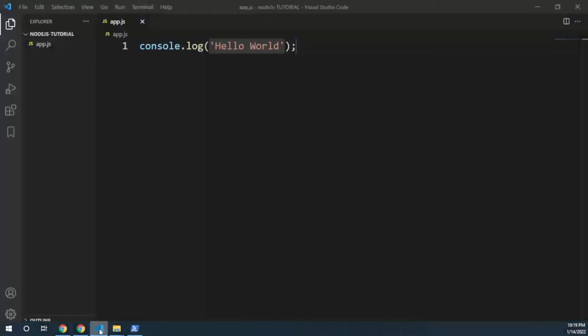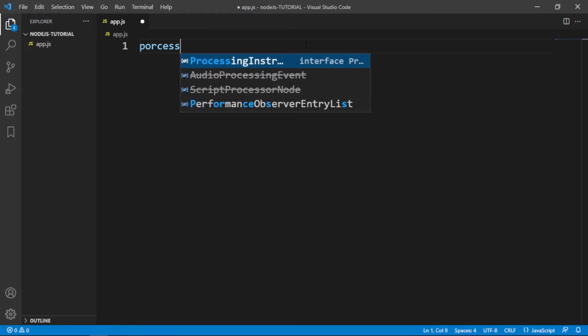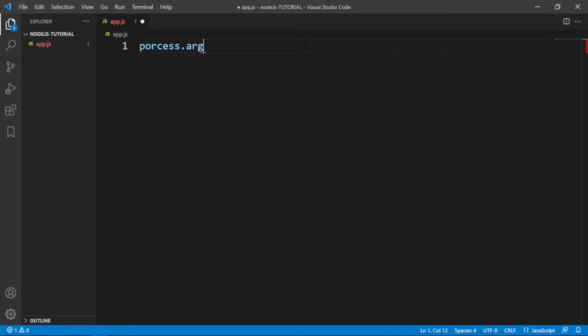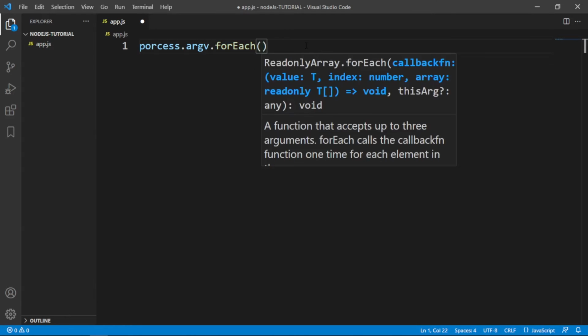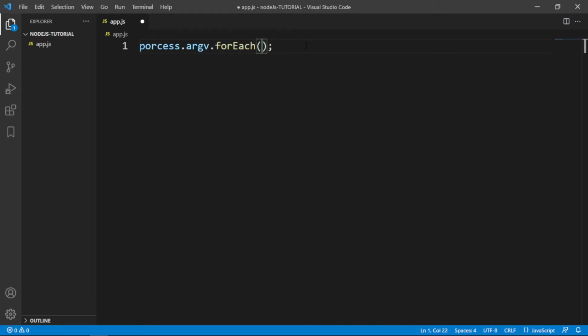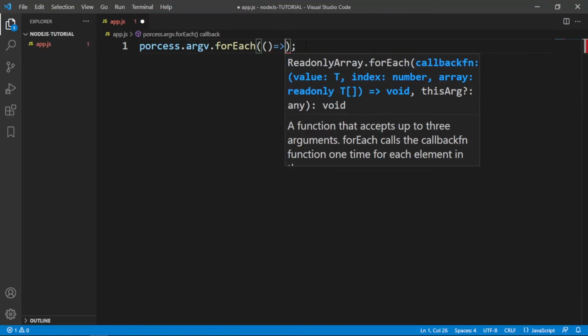Let's go to our editor and I'm gonna type in here some code: process.argv, and this argv property exposes the array that contains all the command line invocation arguments. And then I'm gonna call in here forEach, parenthesis and semicolon, and here I'm gonna call our arrow function, fat arrow, parenthesis,